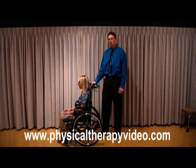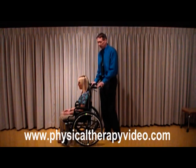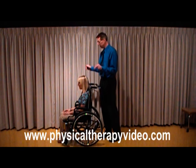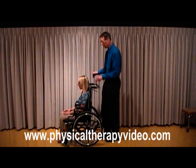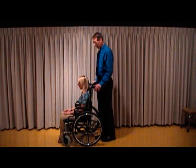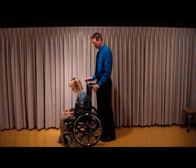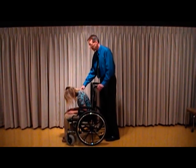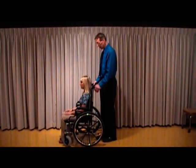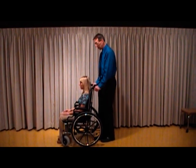Alright, what are some of the common adjustments you might make to a chair to help make the resident more comfortable? When you have a chair that has adjustments, this is really great because you can help position the patient in a manner that they're going to be a lot more comfortable. Lindsay here right now, I would say this chair is too upright. And when they're too far upright like this, the patient's going to tend to want to lean forward, fall forward, head goes forward. So what is a lot more comfortable is if you do have a little bit of recline,